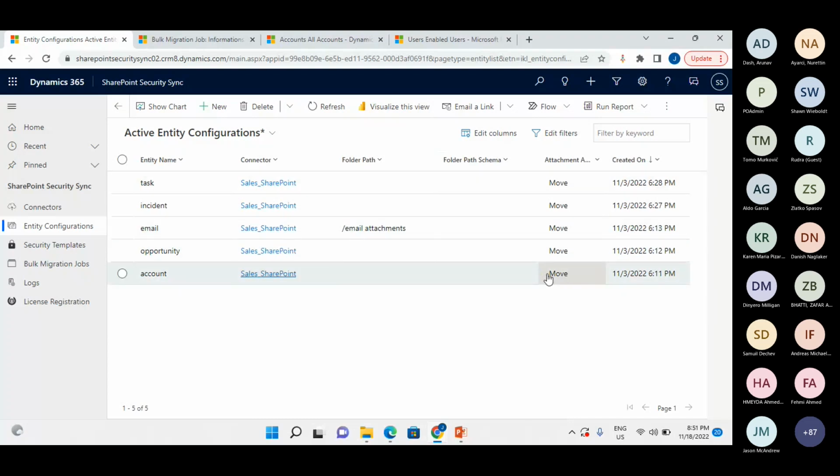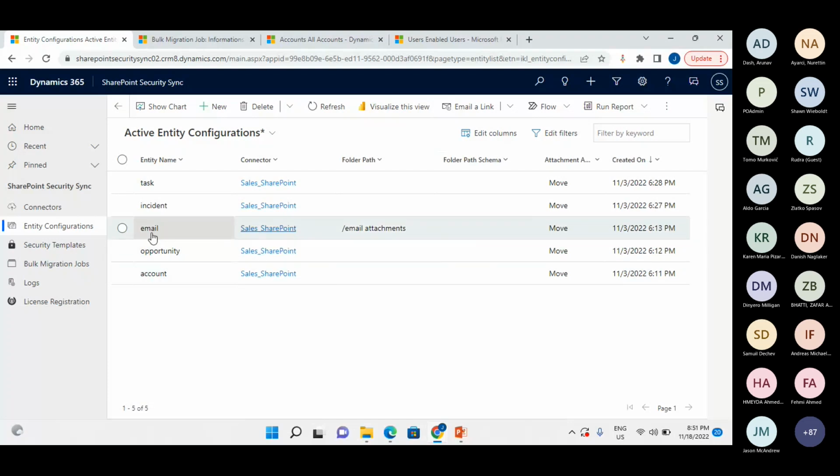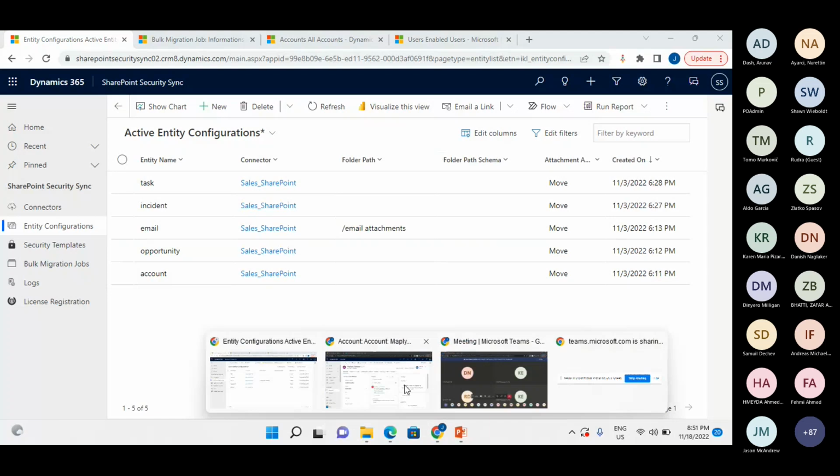I've set it as a move. So by keeping this, similar to that, if you configure it for an email entity for the email attachment, so all the emails that come along with an attachment will be moved and migrated to the SharePoint. If you go and check, it should get